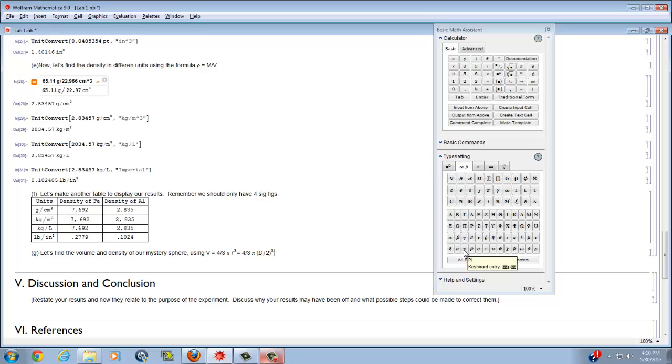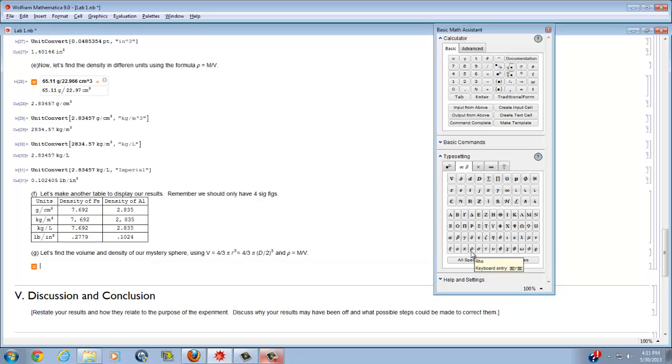And we can write again, and for density, rho equals mass over volume. So we can press down, and let's say we couldn't remember what the volume of a sphere was. Well, again, we can use Mathematica's freeform input. So Alt 9 and then equals, and we can ask Mathematica what the volume of a sphere is. Pressing enter,